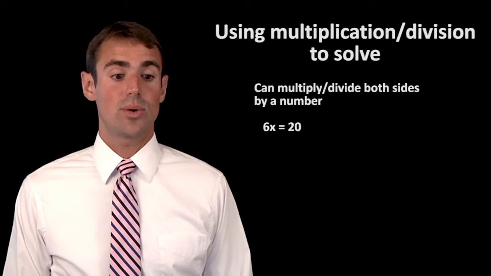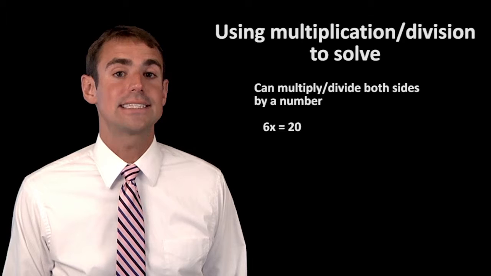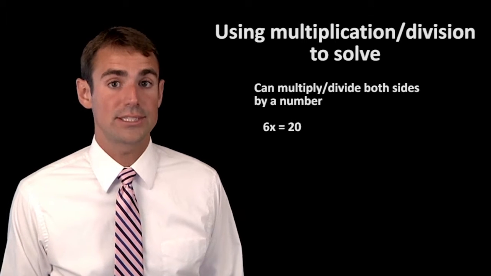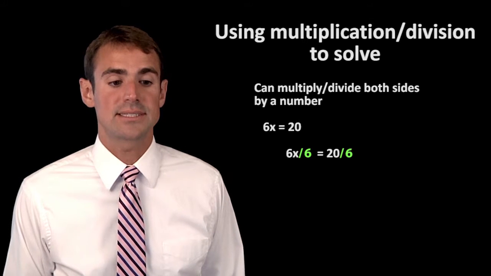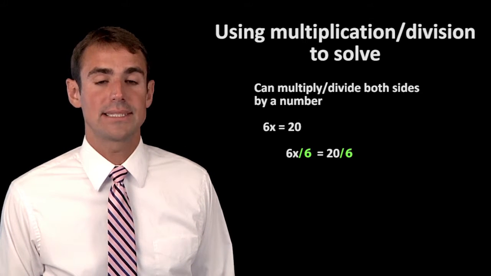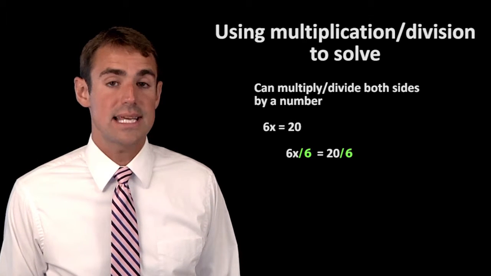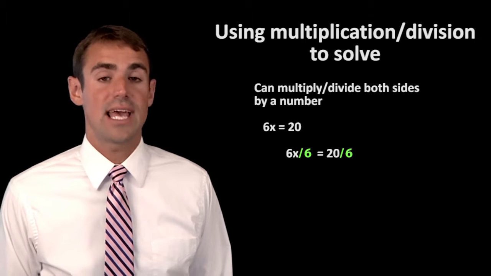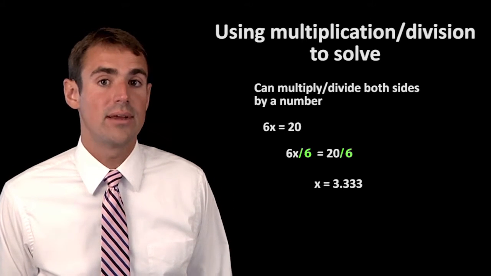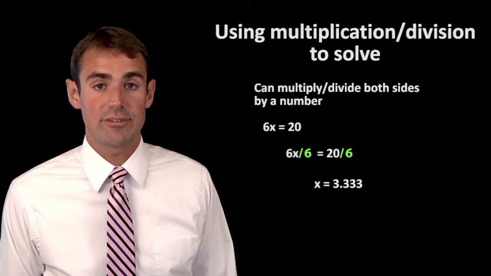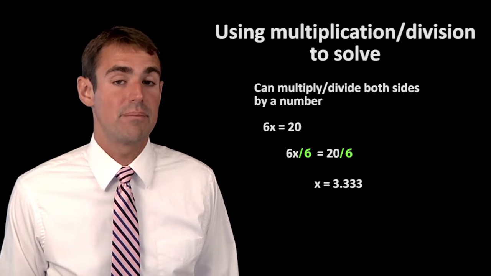6x equals 20. I'm going to use division in this case to isolate my x and thereby solve the equation. I divide both sides of this equation by 6. 6x divided by 6 equals 20 divided by 6. 6x divided by 6 is just x. 20 divided by 6 is 3.333. Now I've solved for x and have a final answer of 3.333 because I was dividing both sides of my